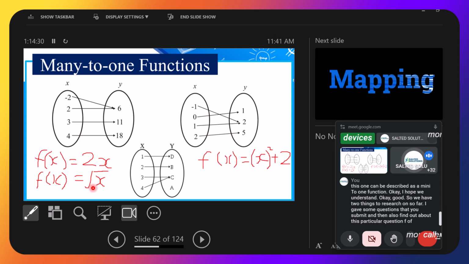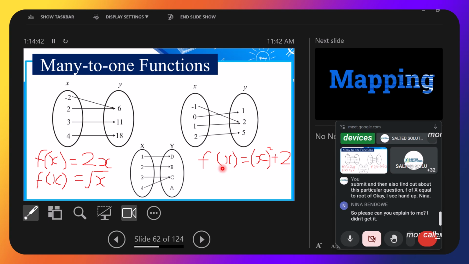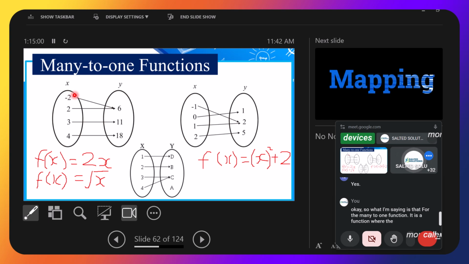Okay, I see a hand up. Nina, yeah, please, can you explain to me? I didn't get it. Which part? The many-to-one. Yeah. Okay, so what I'm saying is that for the many-to-one function, it is a function where the members of the domain, you will see more than one of them being mapped to only one member in the codomain or the range. So if you see in this particular example,